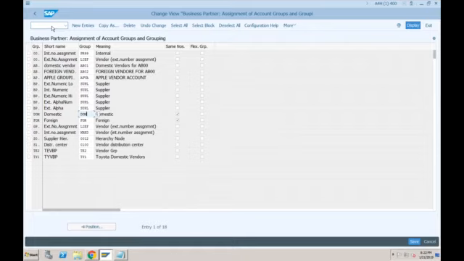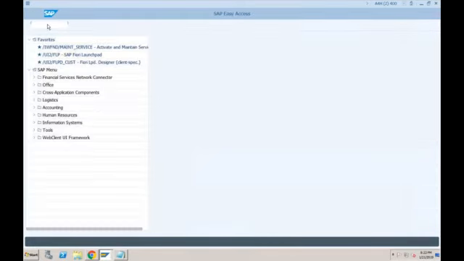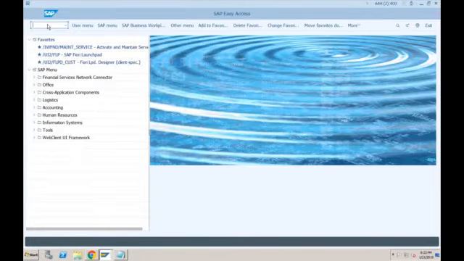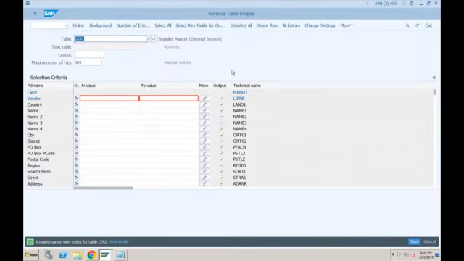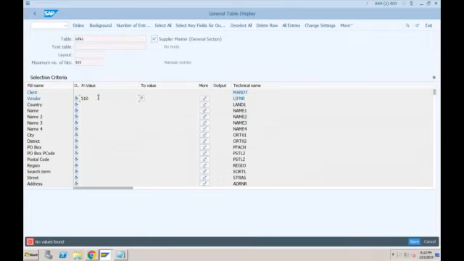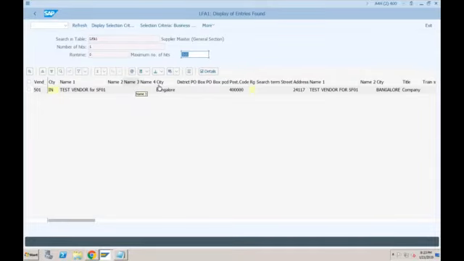Let's talk about the tables now. What about the tables? Tables are still the same. Which were the three tables which were getting updated when you were creating the vendors? If I go to SE16N, for general data, it was LFA1, the supplier master general data, which is the same. Specify the vendor number. Our vendor number is 501. So this is the general data table for the vendor.